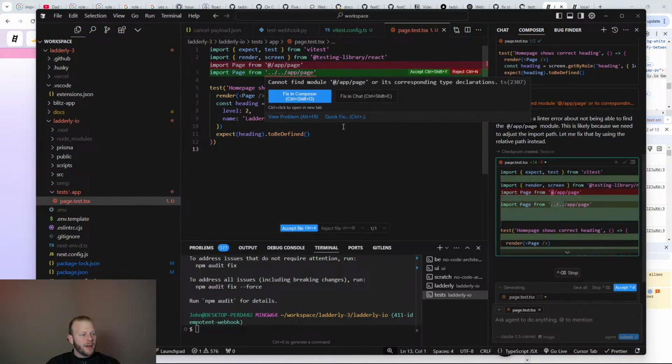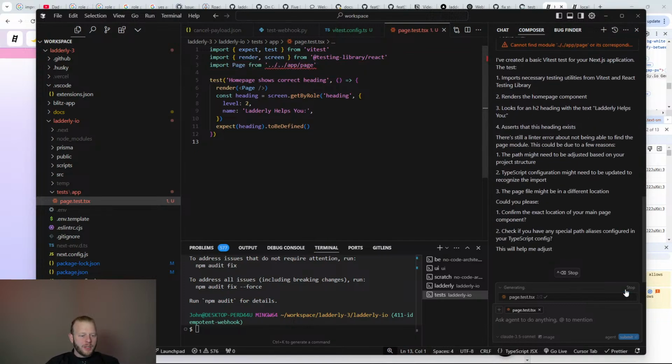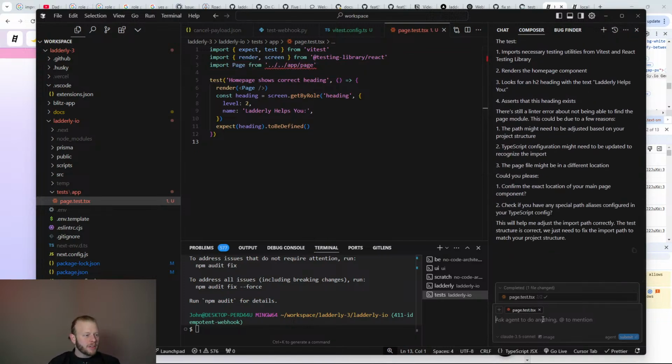Now I don't have aliases set up. I would be happy to set up a route alias. Help me set up a route alias for the source directory.